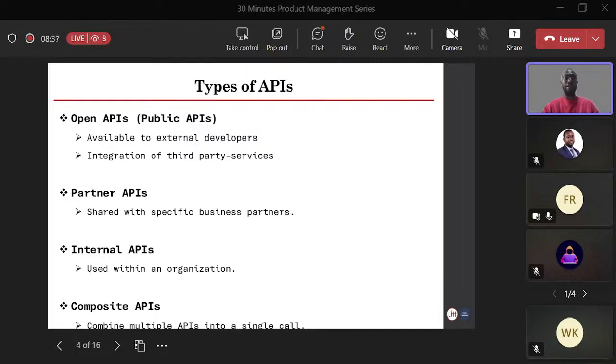Like I explained, an API is like a middleman that connects two different applications. The Facebook API connects your application and the Facebook application. So that's what the public API is.